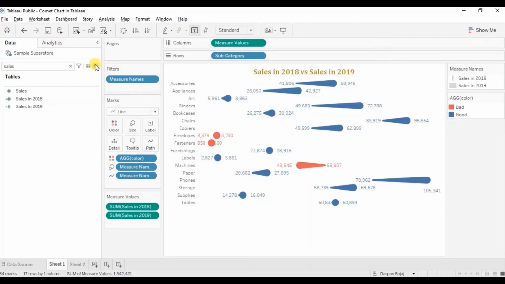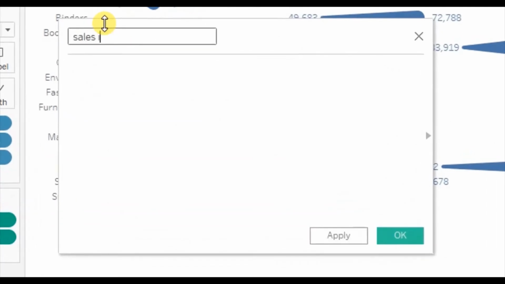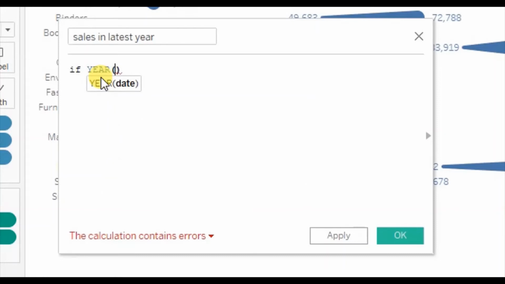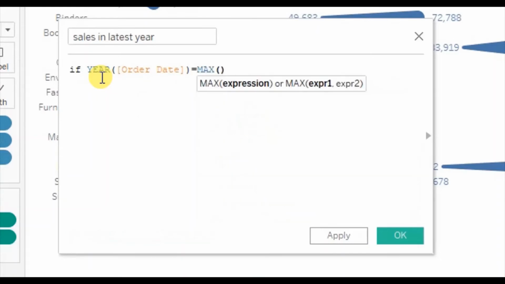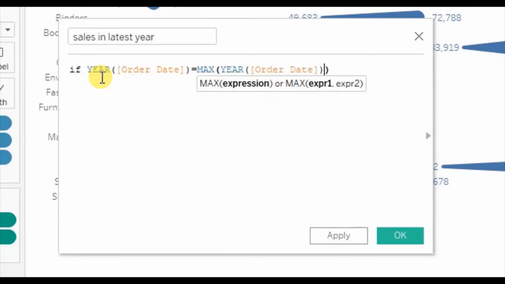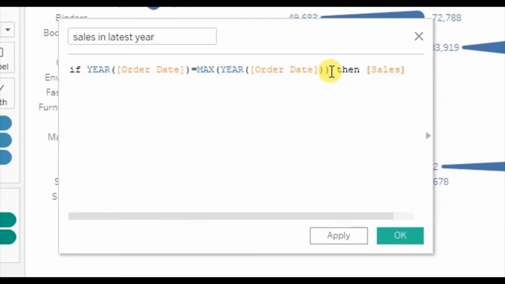Click on create calculated field. You can say sales in latest year. Write down the formula: if year of order date is equal to max of year order date. Basically we are getting the max year that is present in our dataset. Then sales, and